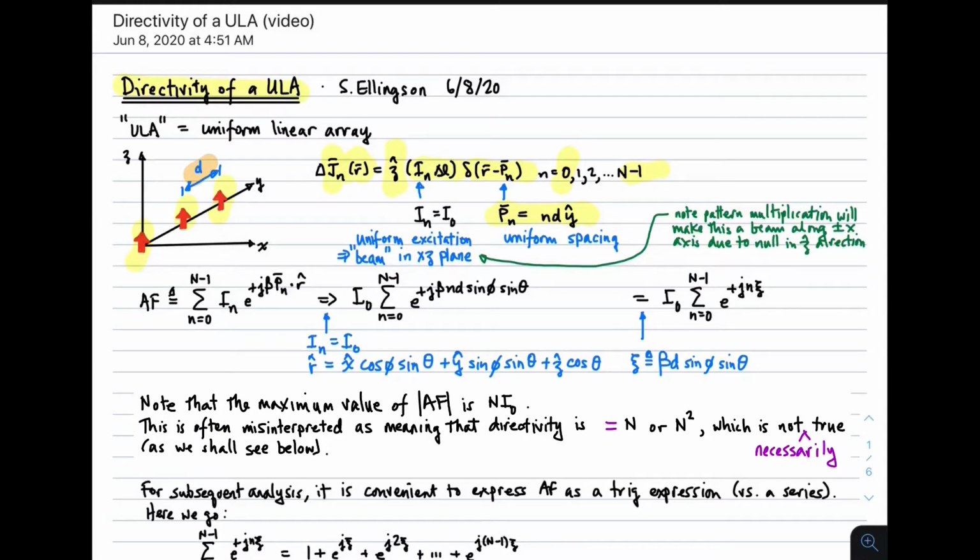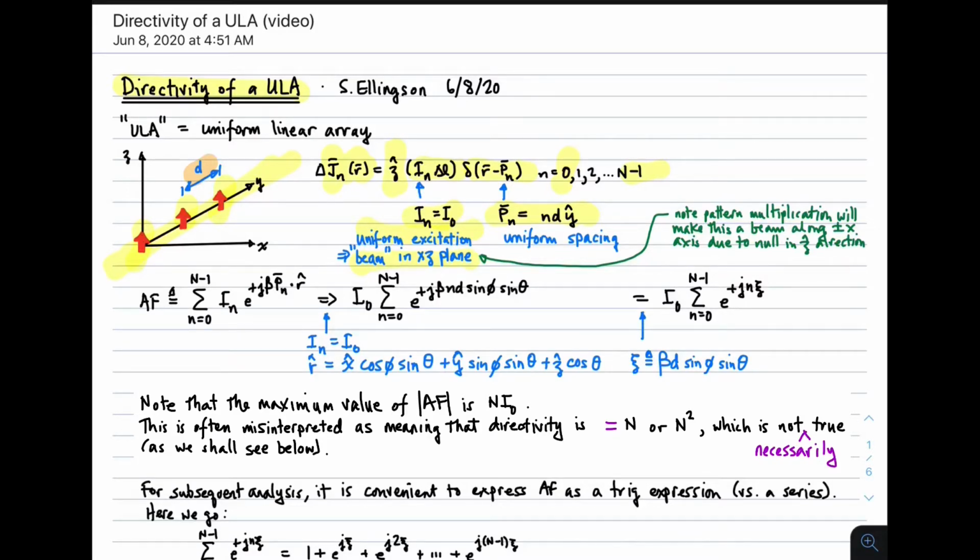We're going to make an additional constraint here that I sub n equals I sub naught. In other words, all the excitations are equal to that on element n equals 0, which we will refer to as the reference element. This is referred to as uniform excitation, and this will result in a beam in the xz plane. Because the elements are aligned along the y-axis, we expect maximum directivity under uniform excitation to be perpendicular